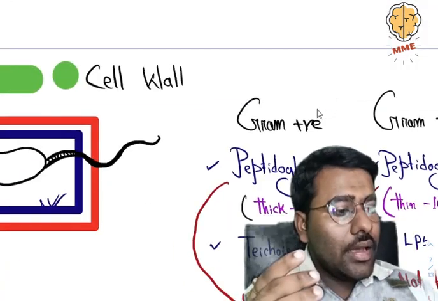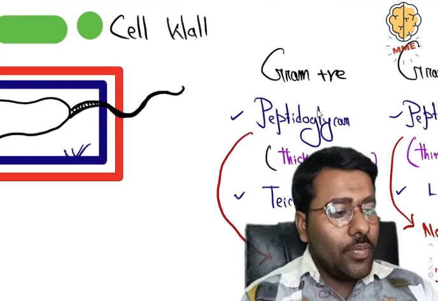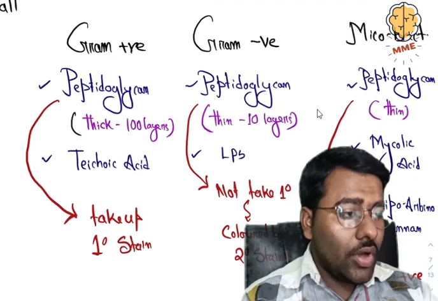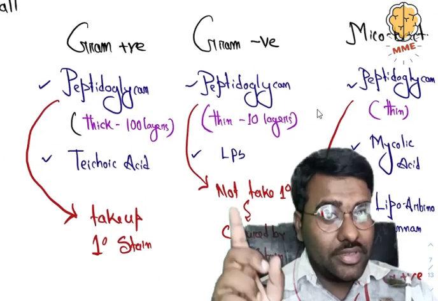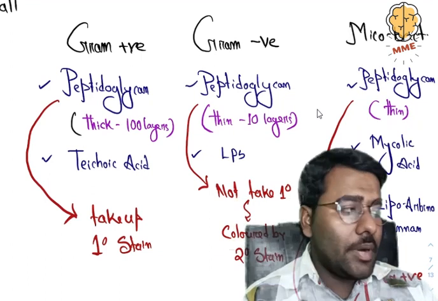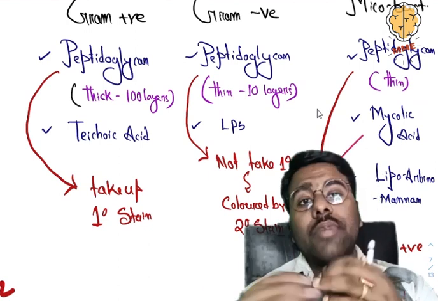Okay. Now coming to the next structure, the cell wall. The blue one is the cell wall. I don't want to go into further detail on the cell wall because of the staining; for the practical purpose, there is a video, click on the eye and go to the practical section, so you can know the staining purpose. But I want to discuss here only what is gram positive, what is gram negative, and what is mycobacterium.